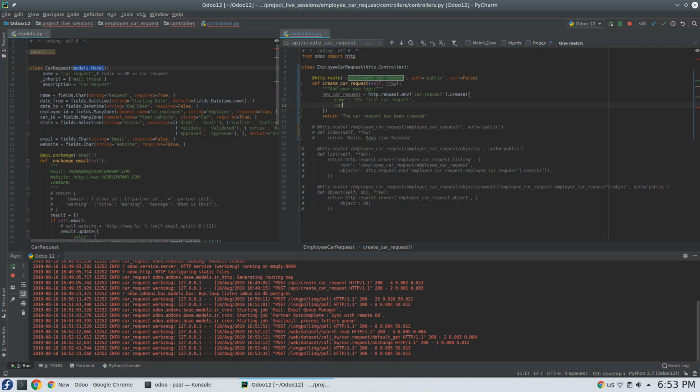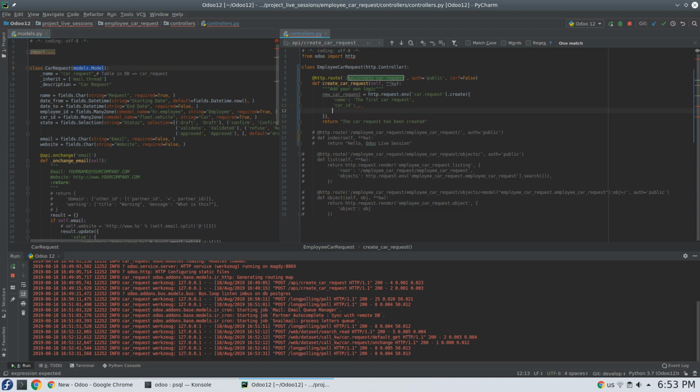We also need car ID and employee ID. For these two fields, actually, this needs some logic like searching by name,